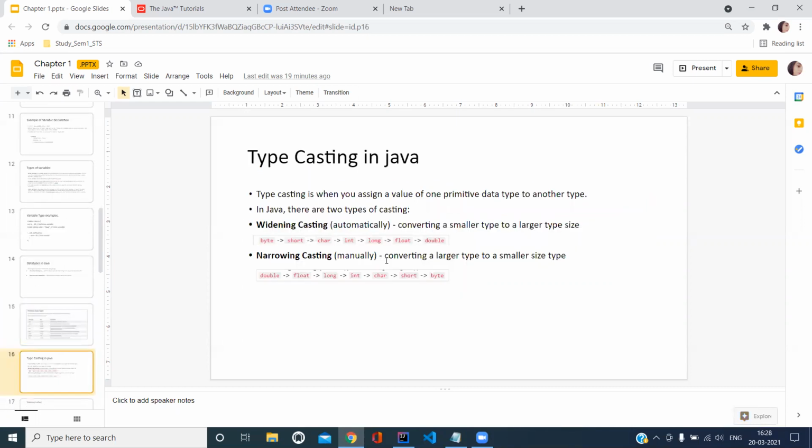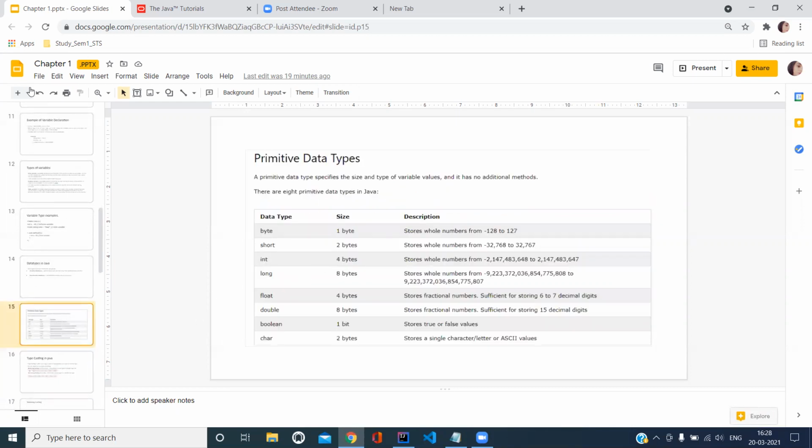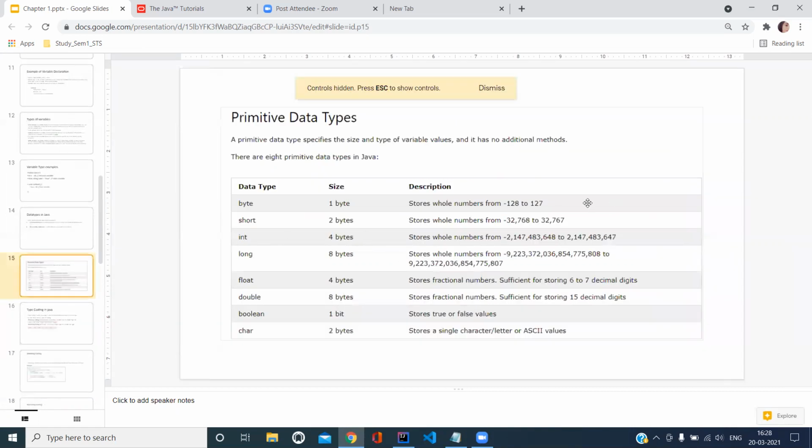So here is a small primitive data type chart. Is it visible or should I do full screen? So the byte data type has one byte size and stores whole numbers from minus 128 to 127. Then the short data type has two byte size. Integer data type has 4 byte size. Long data type has 8 byte size. Float data type has 4 byte size. Sorry, double has 8 byte size and boolean has 1 bit and